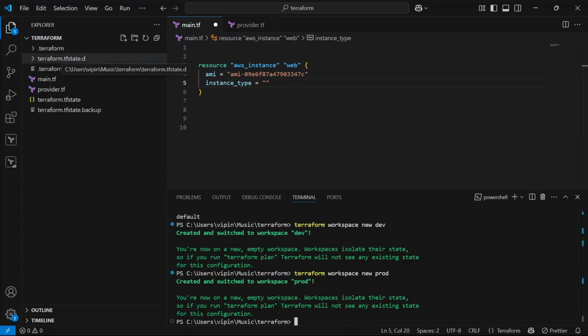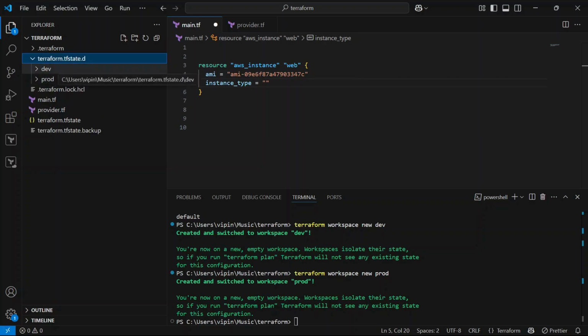Now the terraform.tfstate.d folder came up because we have created the workspaces, and all the workspace state files get managed and stored under this terraform.tfstate.d.